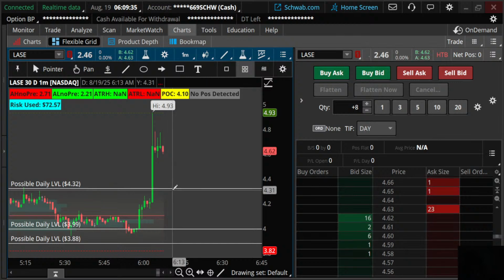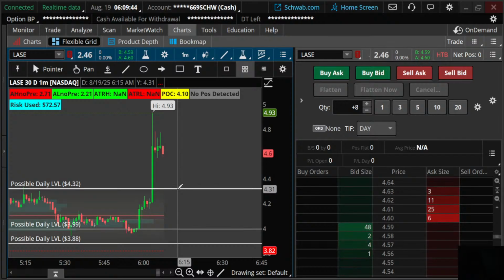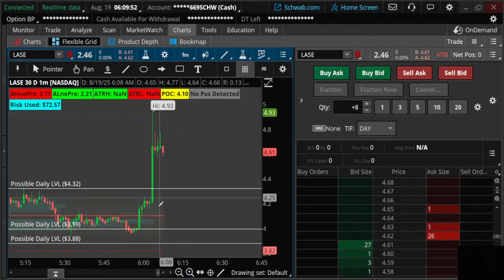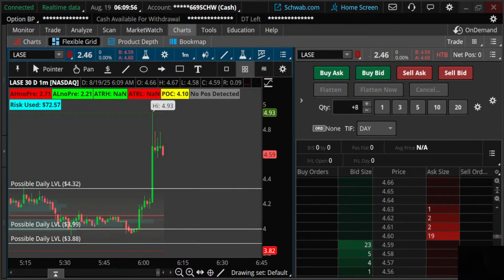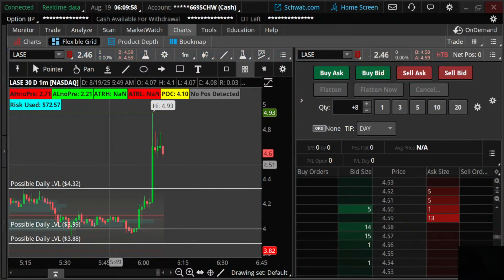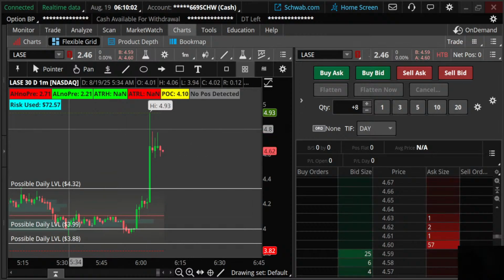Stopped only 30 cents away from this level. ATR on Lace has moved up from 36 cents to 40 cents. Point of control on the 1 minute is 410. Point of control on the 5 is 407. So all of them are around 410, from 407 up to